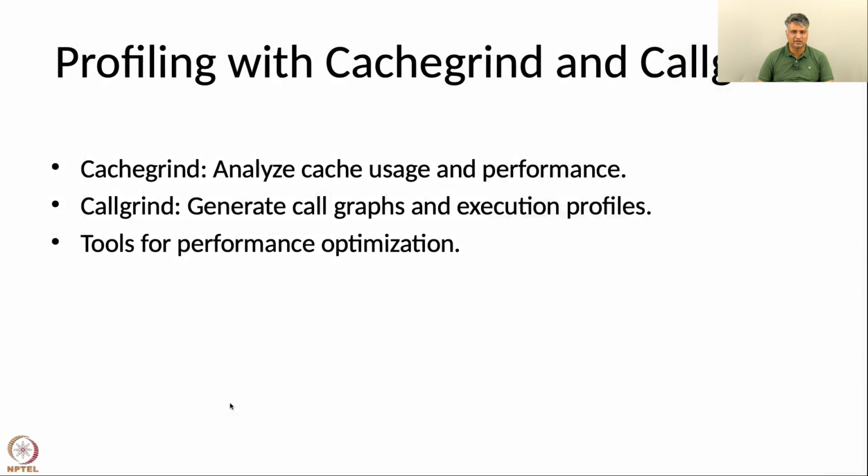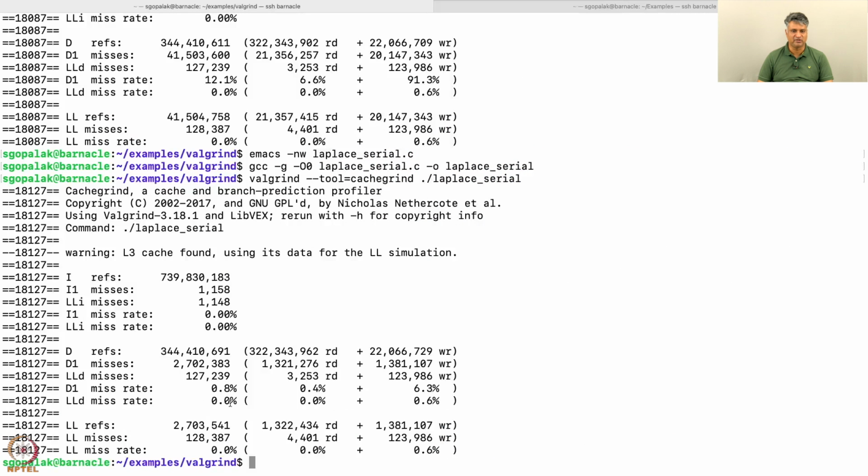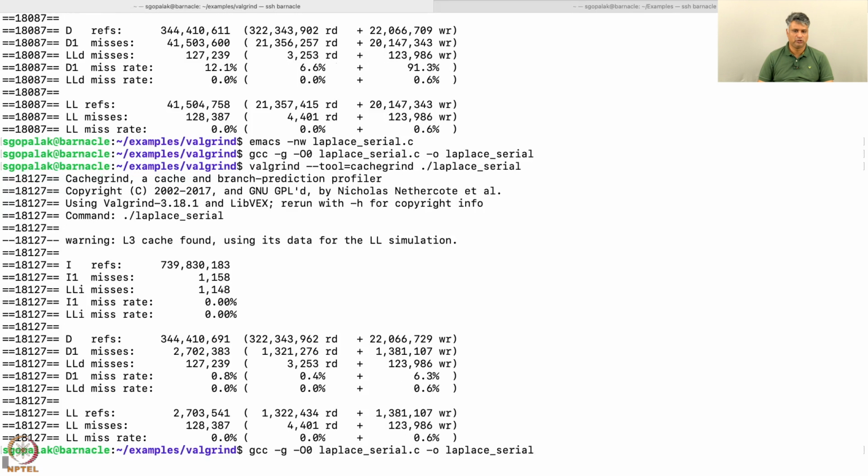Callgrind generates call graphs and execution profiles. And this is important again for performance optimization. So when we are running it, we again have the precompiled code, laplace serial. And in this case, instead of using the tool cachegrind, I'm going to use callgrind. When I use callgrind,